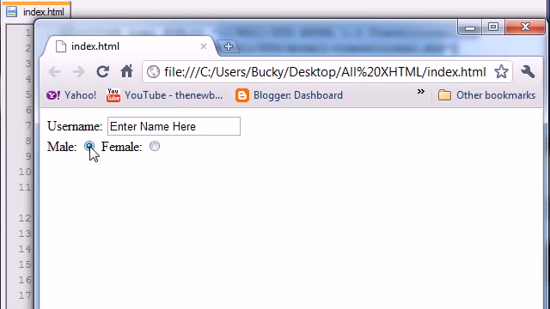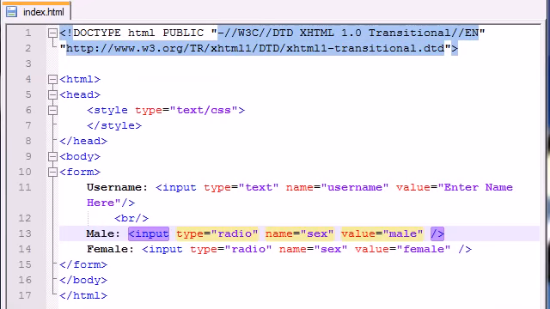When they select this, the other one becomes unselected. So you're saying that's pretty cool. Now I understand radio buttons. But what if I come across a scenario where I want to let the user select more than one thing? For example, if you're making a website selling meats online, like bacon and stuff, well, you're going to want to allow the user to select